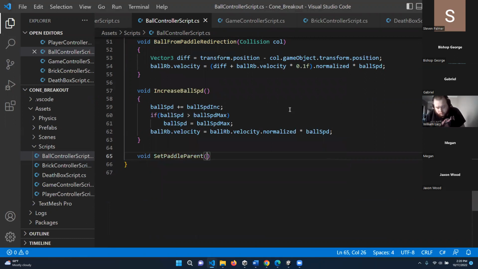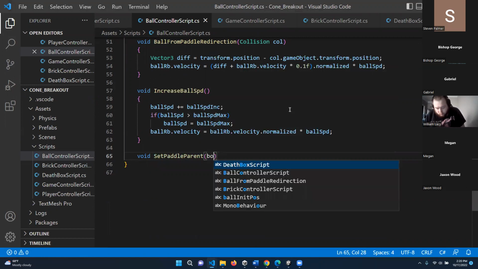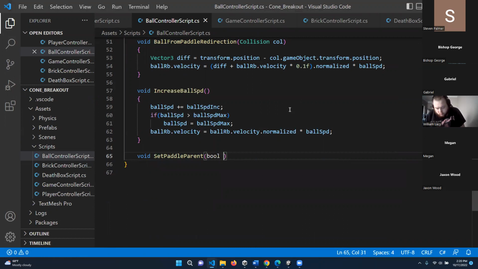Okay, and we will set it a bool, and we'll call it parent. I don't know if parent is a keyword, but we'll say parent paddle, and that'll either be true or false. So we'll say if parent paddle, if true, if we are supposed to parent the paddle, what we're going to do is we are going to say that the